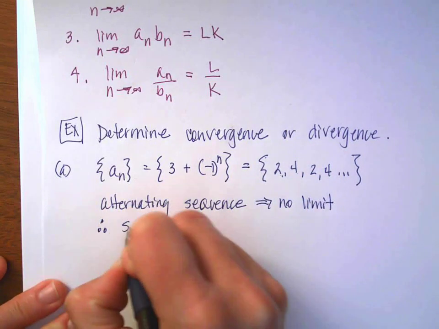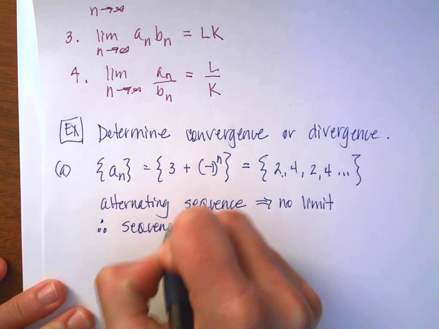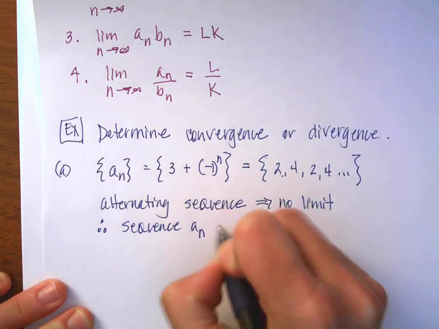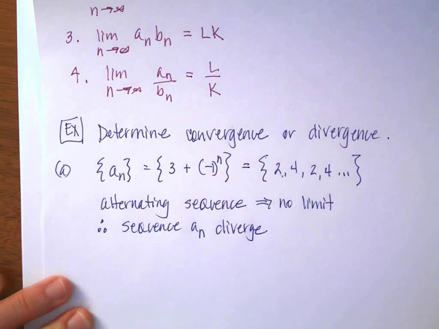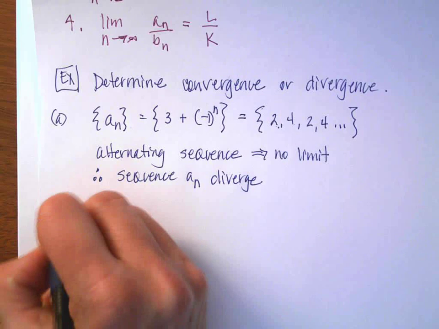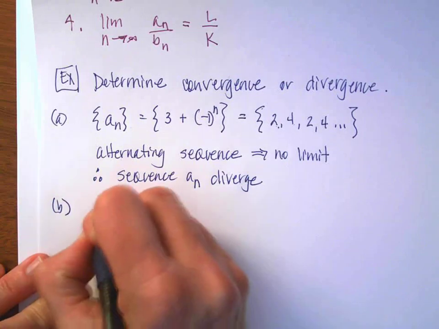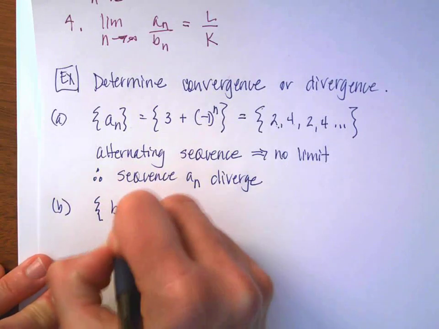So therefore, we're going to say that the sequence a sub n is going to diverge, which is kind of a weird word. But there you go. Alrighty, the second one that we're going to do, we're going to have a rule for